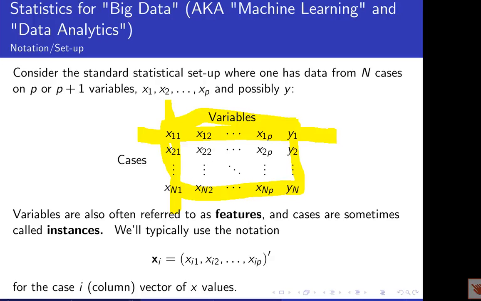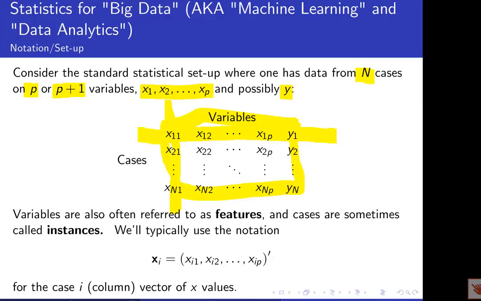We're going to pretty much start with a scenario where one has n cases and has p, or sometimes p plus 1, variables. The bulk of the variables we'll call x's, x1 through xp. If we're doing a prediction problem, then there will also be a variable to be predicted, y, and so there will be